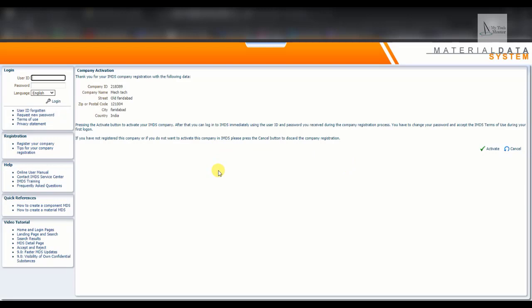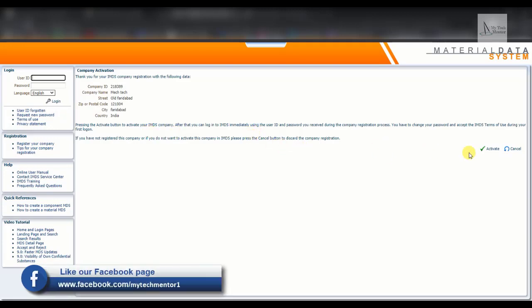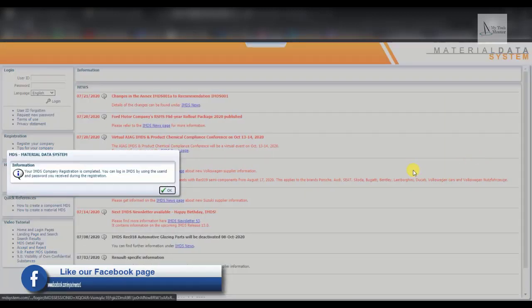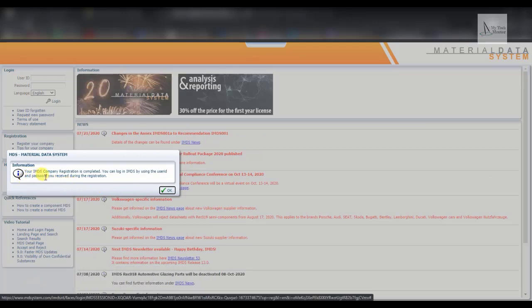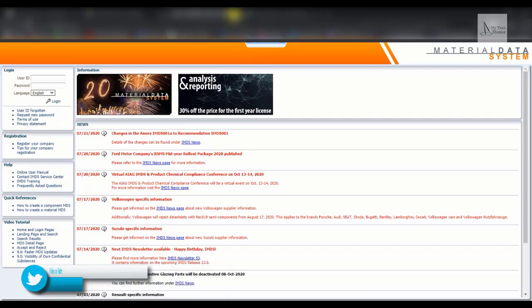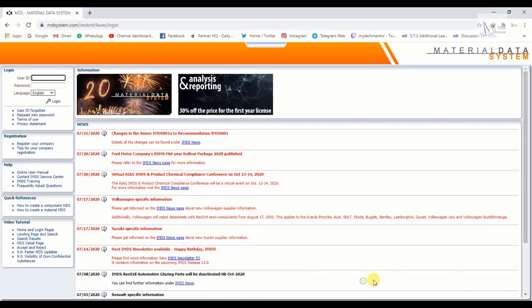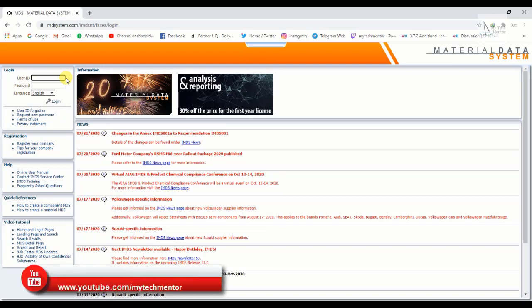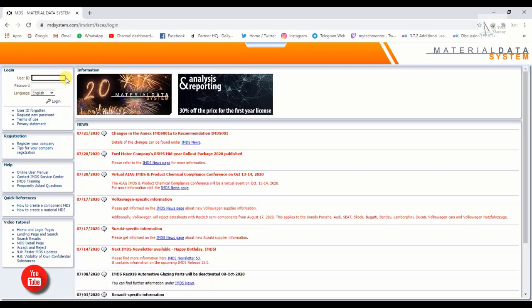So we are going to click on activate. Okay, your IMDS company registration is completed. You can log into IMDS using the user ID and password you received during the registration. Click on OK. Now we are going to log in with user ID and password.